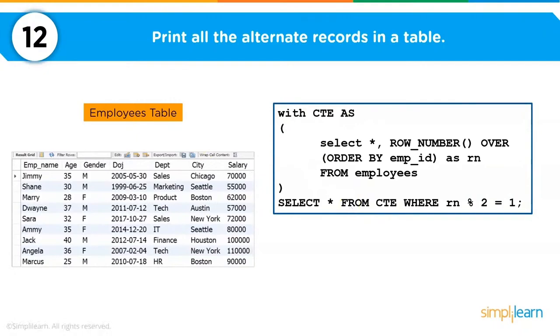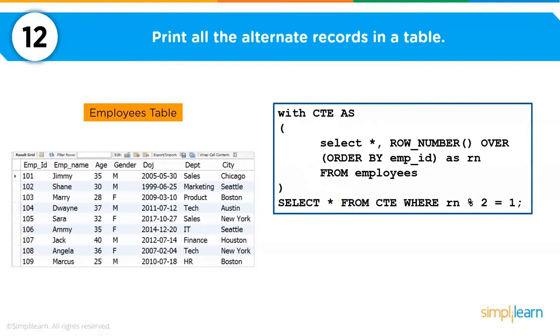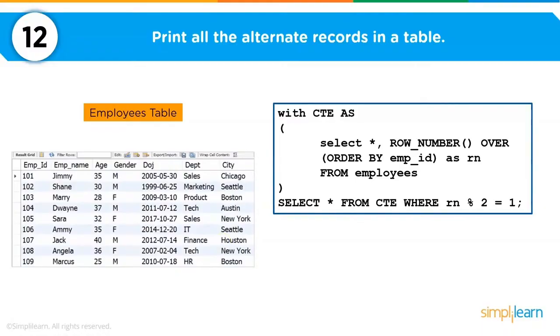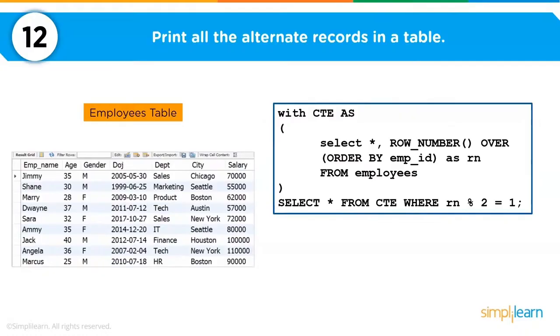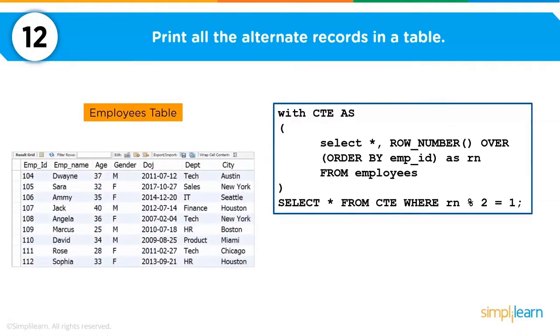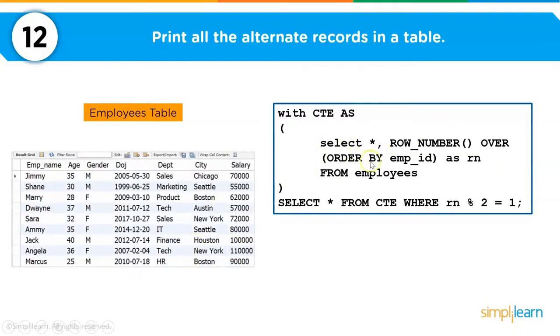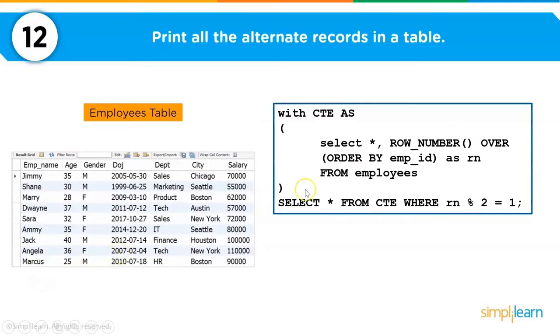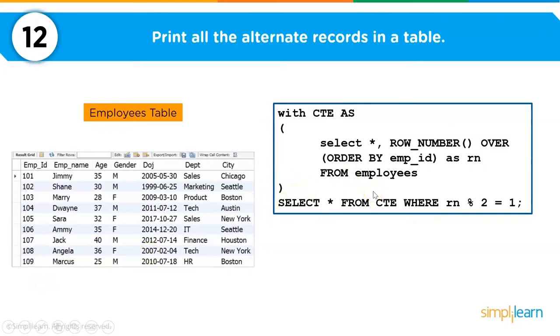So CTE, or the common table expression, is a temporary named result set that you can reference within a select, insert, update or delete statement. Now it is used to simplify complex joins and subqueries and to provide a means to query hierarchical data. Now let's write this query on our workbench and see how it works. So before that, let me explain to you. I am using a few